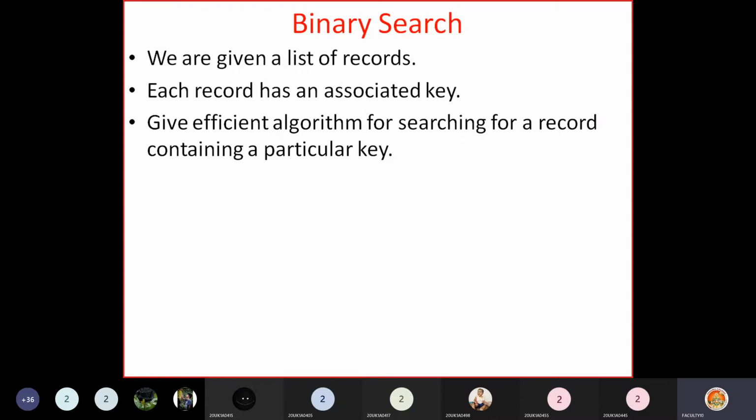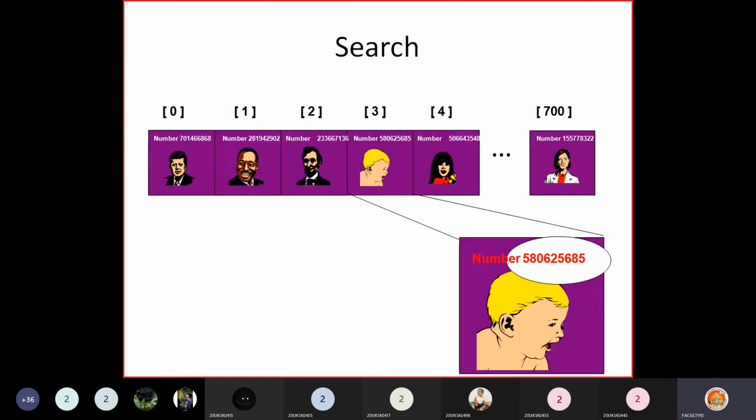Today we'll talk about such a technique, binary search. Assume that this is an array containing some pictures. Each picture is associated with a number here. This is called a key. Then we need to find out a record.